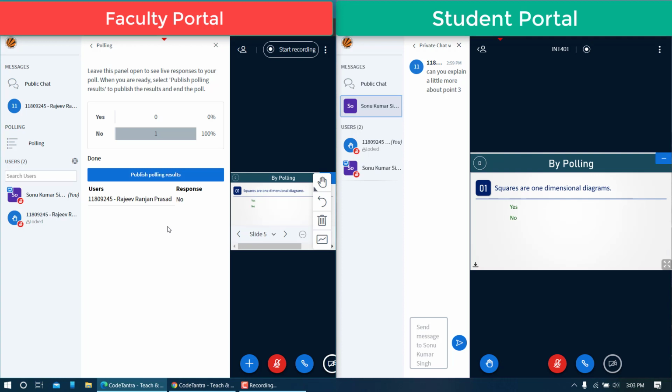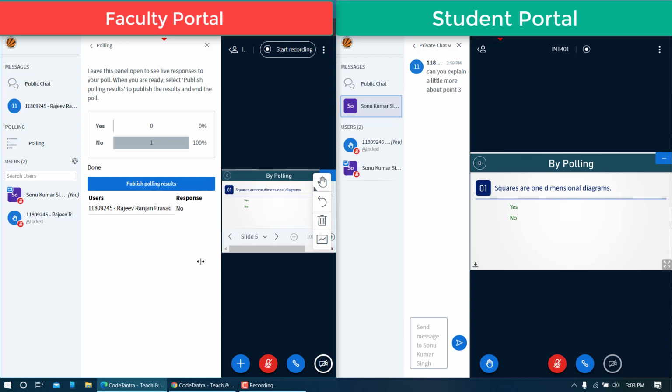So maybe if a student is not responding to a particular poll, the teacher will ask him or her to answer the query by naming that particular student. So that is another way of poll interaction. In this case, your role is only to give the answer, and that's a very passive kind of interaction, but still that is one form of interaction.